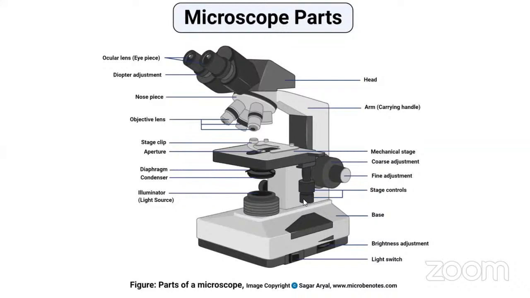And through this stage control, one can lower or raise the stage. And then this is the base of the microscope. There are two switches: one is for the light switch and the other is for brightness. So through this brightness as well as through the diaphragm, one can control the intensity of the light. So